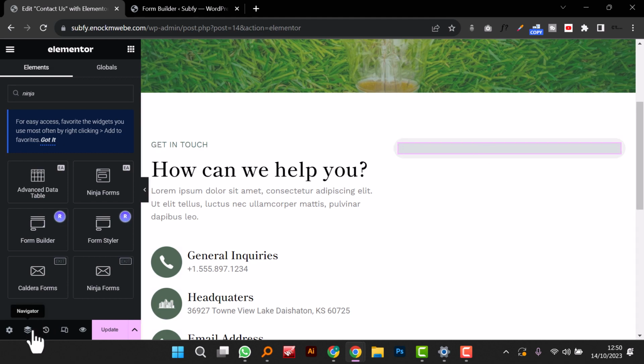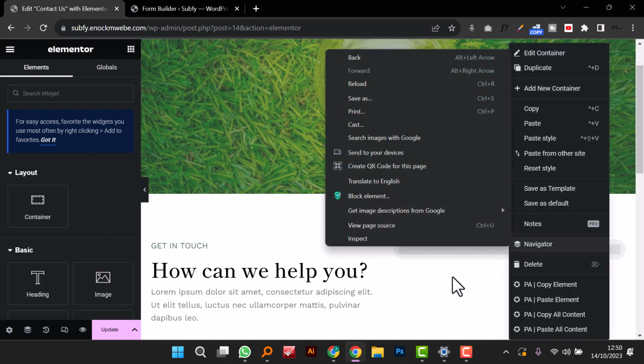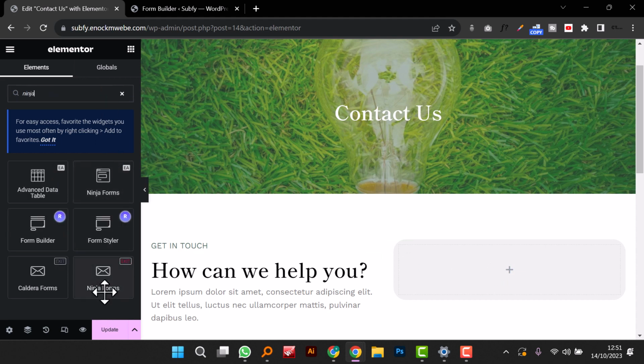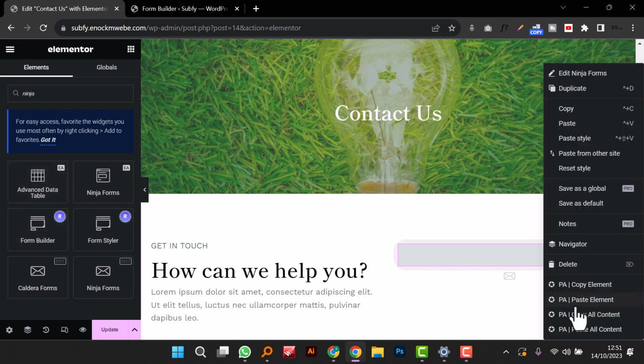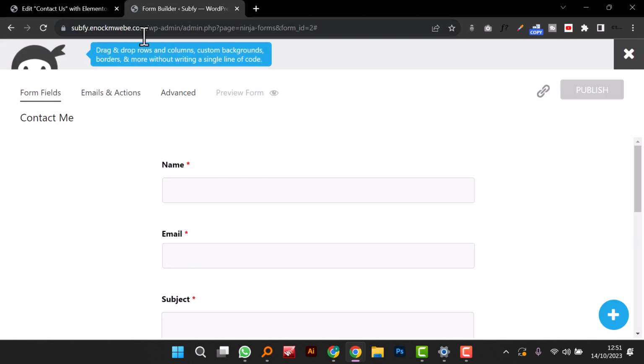I don't know why it's not responding, but let me first delete it. This happens sometimes. So I'm gonna search for another. Let me try this widget right here. I think it's also not responding. Let's delete this also. Let's first update the changes we worked on, then go back to,